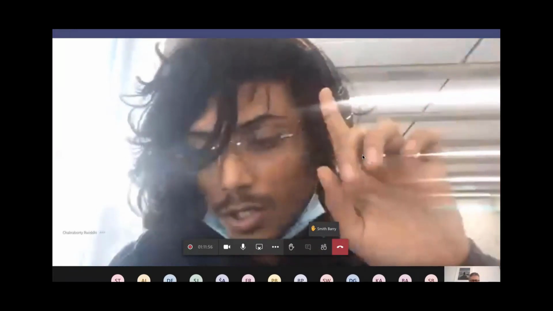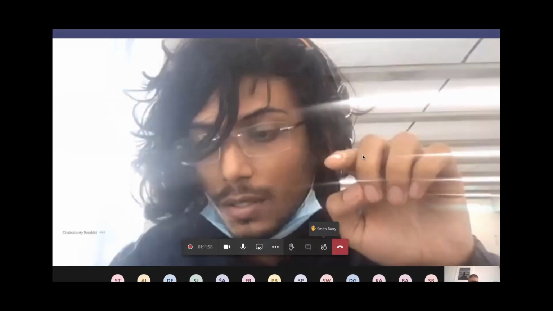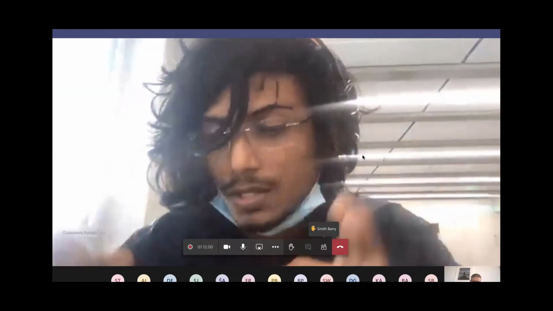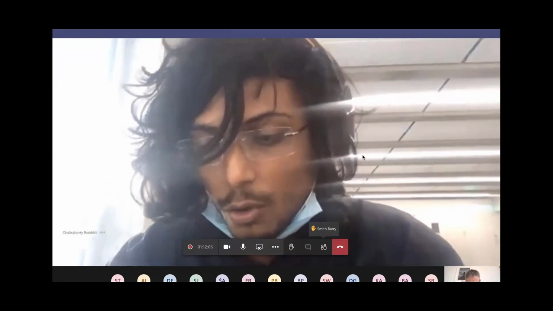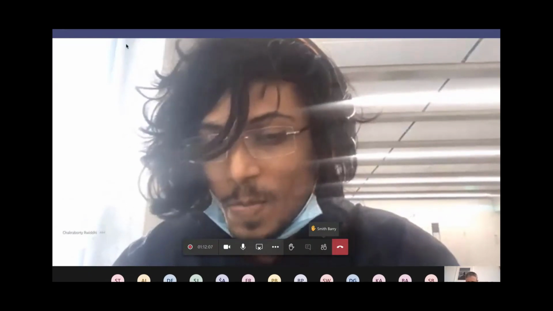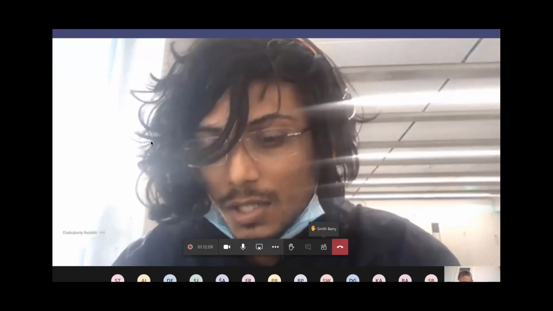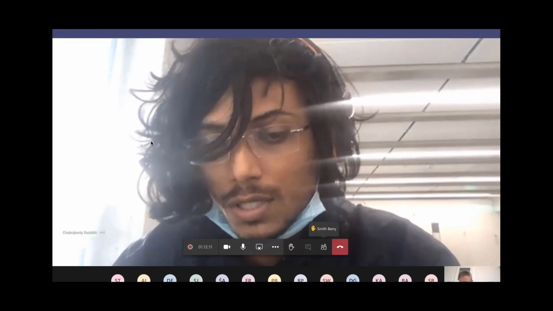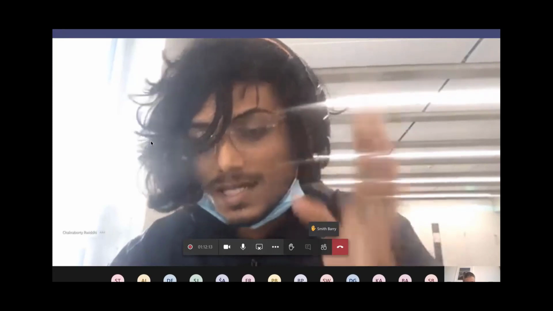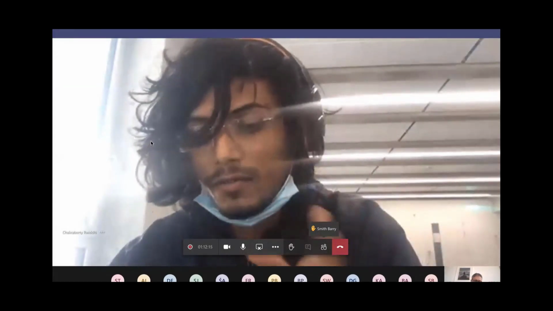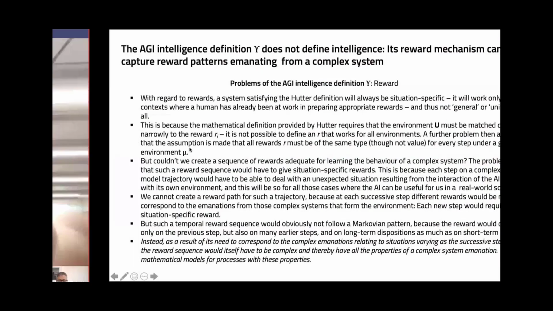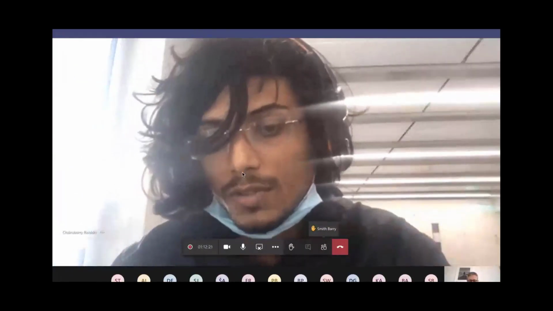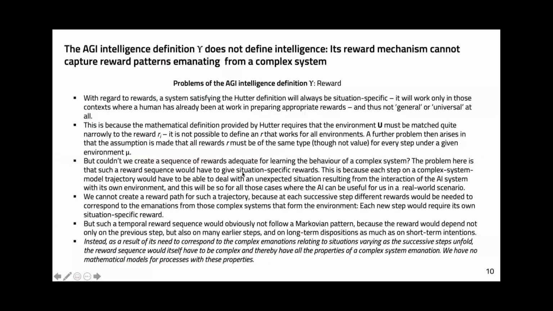Now, I'm not suggesting for a single second that humans learn this by this sort of discretized reward sequence. I'm not suggesting this at all because I don't know how humans learn it. But as far as teaching robots is concerned, don't you think the reward sequence would just be a set of different rewards for different tasks, but they would all be modeled into the same algorithm? So in a sense, what I'm arguing is the whole is the sum of its parts. That's what I'm trying to say.